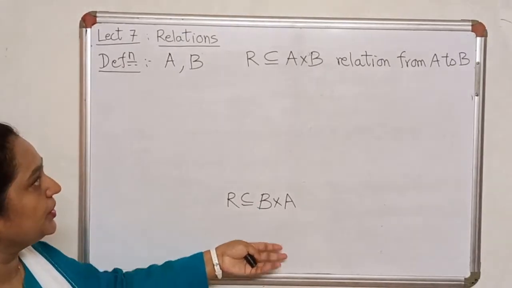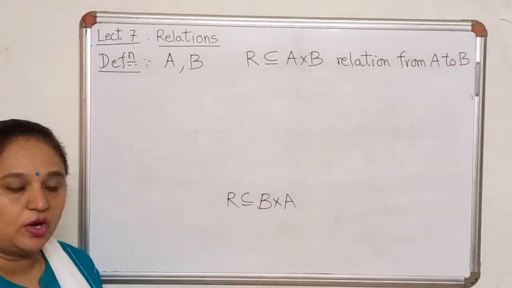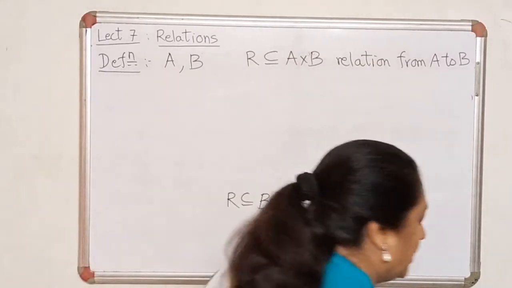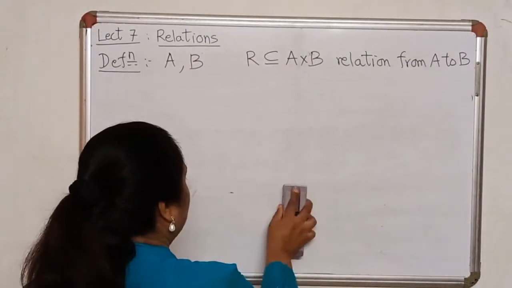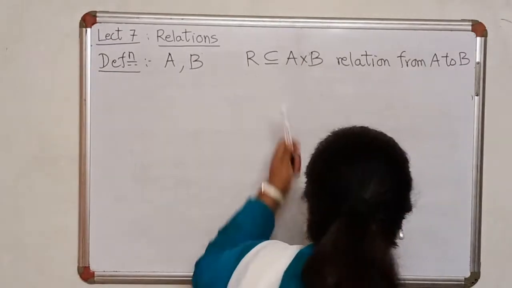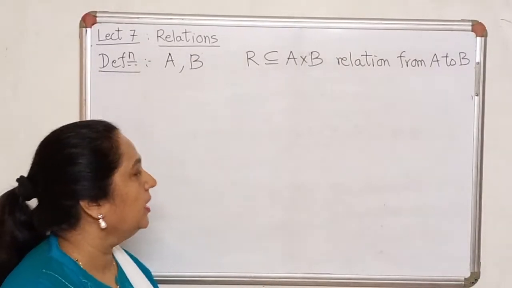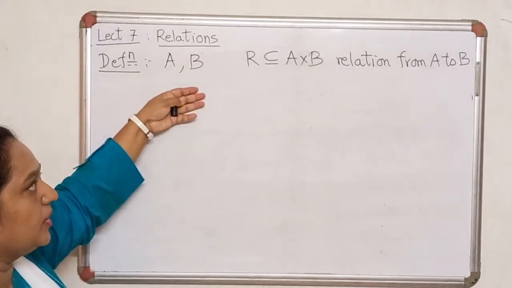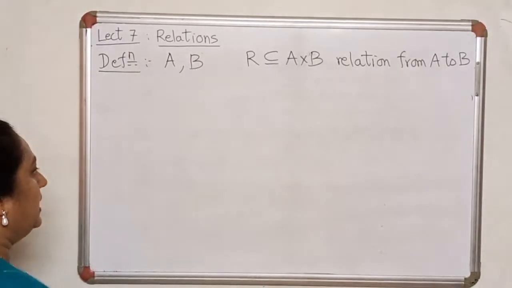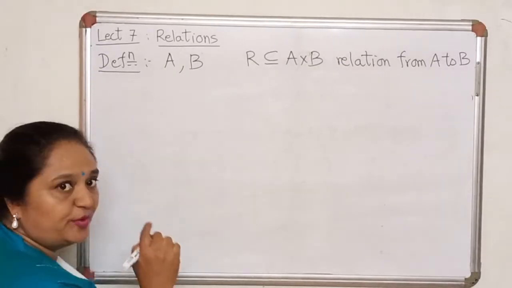Remember, we already mentioned that in general A cross B is not the same as B cross A. So I need to tell you whether it's a relation from A to B or B to A, depending on whether it's a subset of A cross B or B cross A. Now, before I give you some more terms associated with this, let's look at the same example as before, where